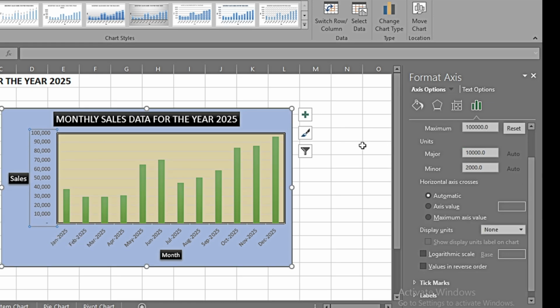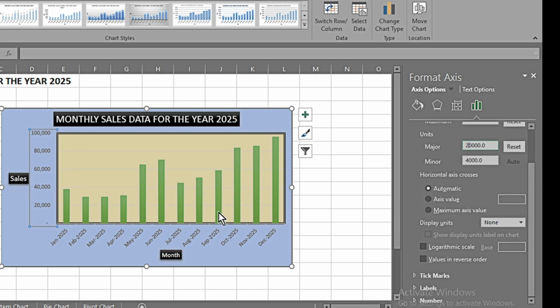One more thing to notice: if we think that this y-axis is appearing very cluttered and we want a gap of 20,000 in revenue, we can just write 20,000 over here. I press enter, and here we can see that it is now less cluttered and it is giving the revenue with gaps of 20,000 each. Likewise, if we have very large figures, we can change the display units.